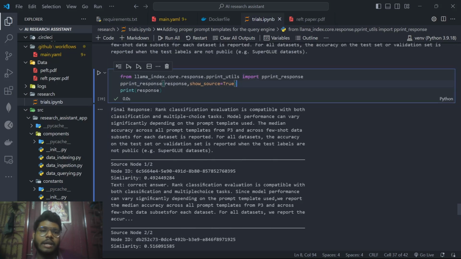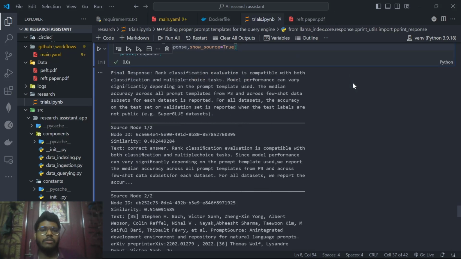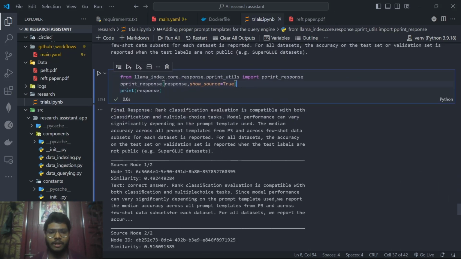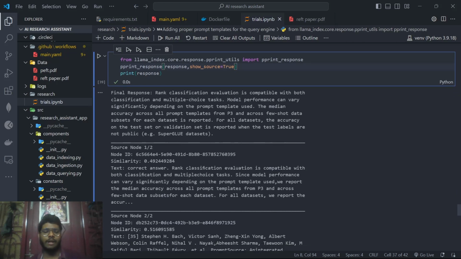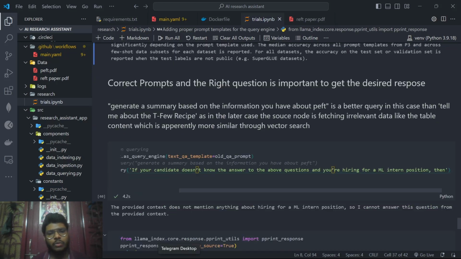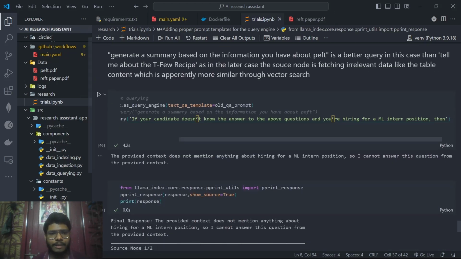So here it is. I am still figuring out how I can improve this prompt engineering, and how I can get better results and better similarity scores. Maybe if I change the chunk size and the chunk overlap, I may get a better result. I am still working on that, but to show what I can do with this,